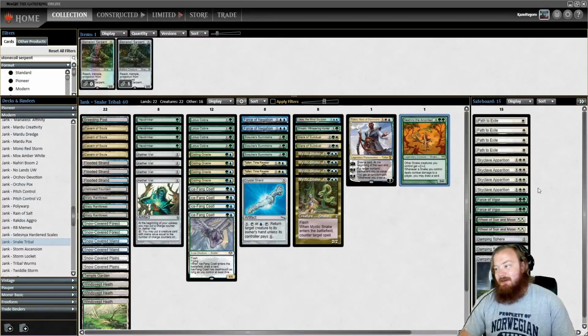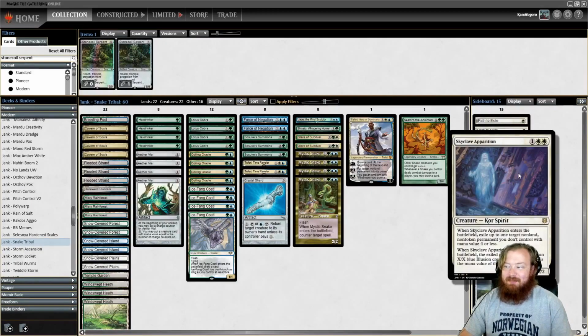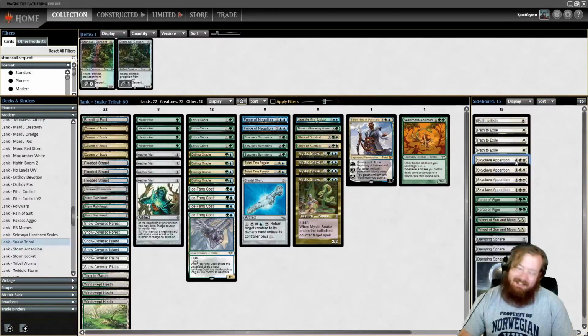Path, Force, Wheel of Sun and Moon, Damping Sphere, all of those cards are reasonable sideboard cards for any sort of deck to be playing. Skyclave Apparition as a sideboard card kind of tells me that you're using it to edge out the power level of your main deck game plan, which is not as good. So I'm a little bit disappointed because, you know...